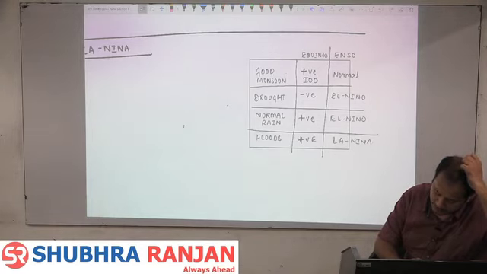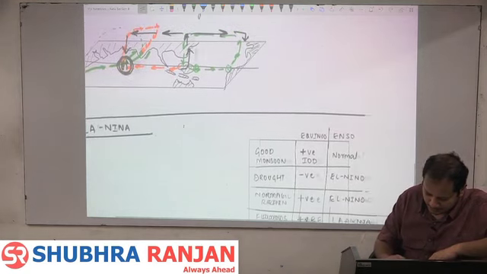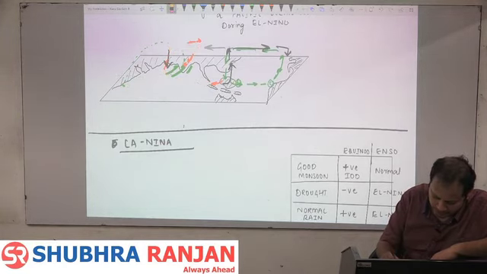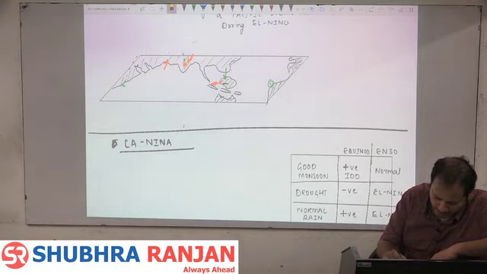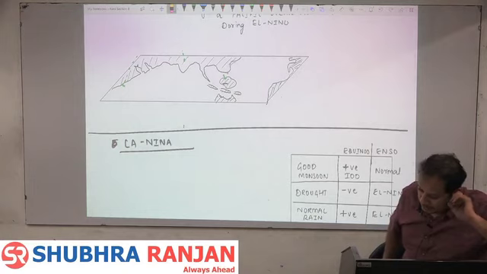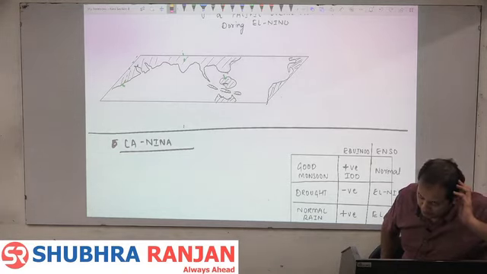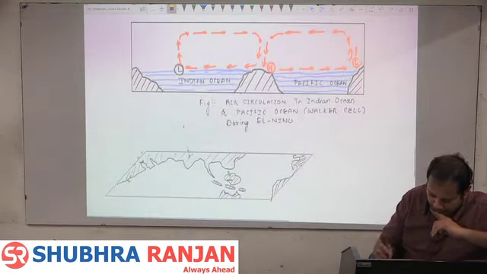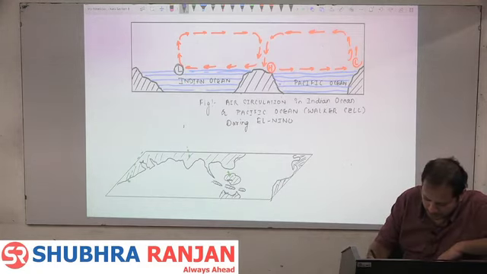Can I continue? The La Nina is associated with extremely strong Walker cell, which causes greater amount of air to rise over Indonesia Australia region,